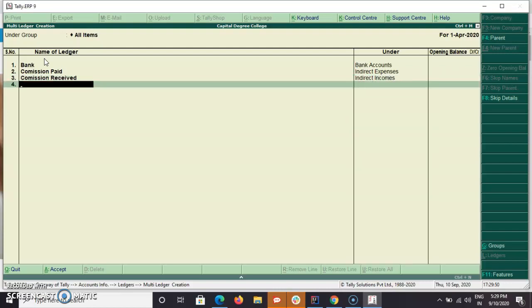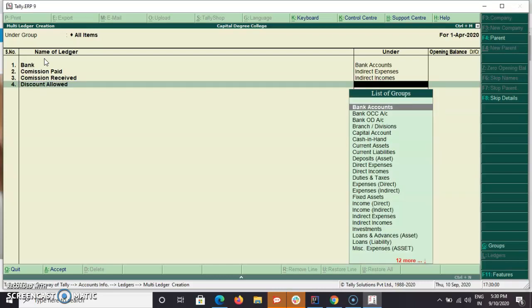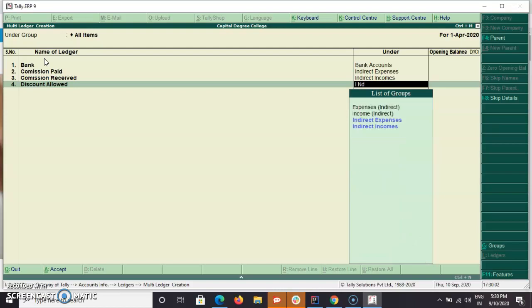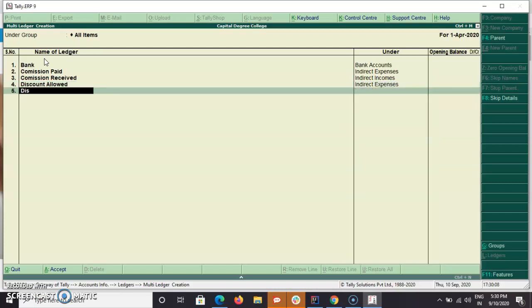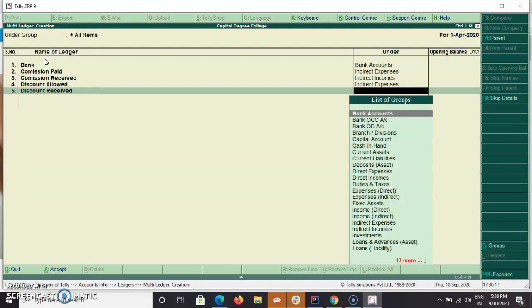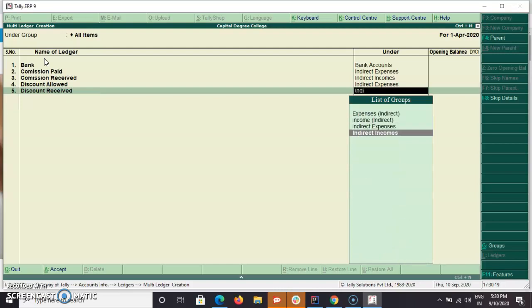Next, discount allowed comes under indirect expenses. Then discount received comes under indirect income.